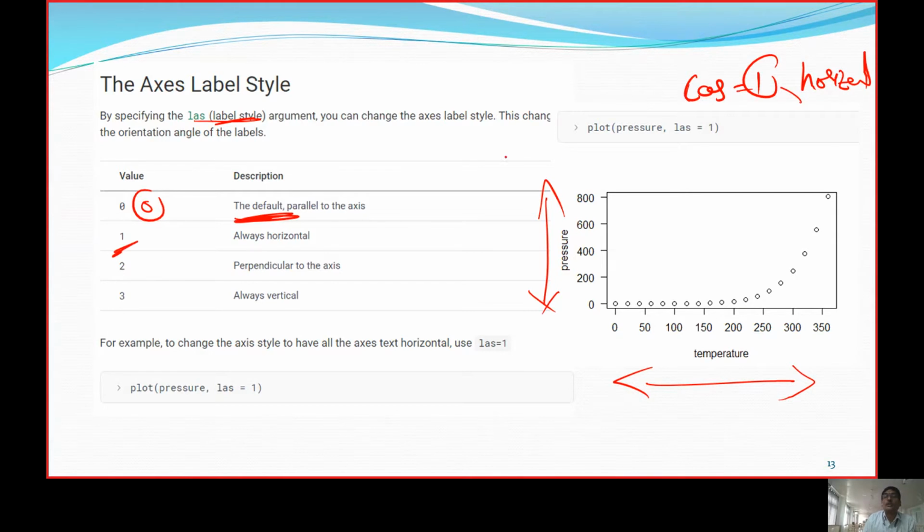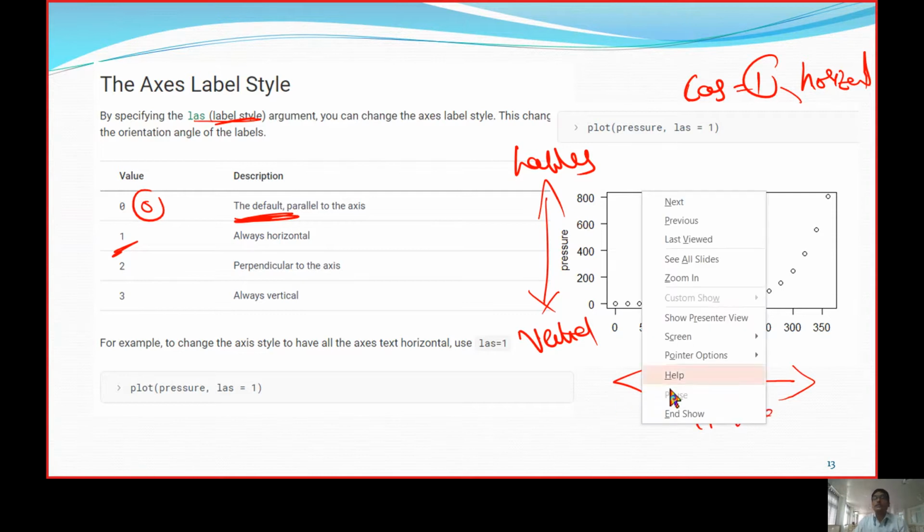So the label should be represented, whether printed or displayed, in a horizontal way or in a vertical way. So how we look at the orientation is the key to understanding these values.